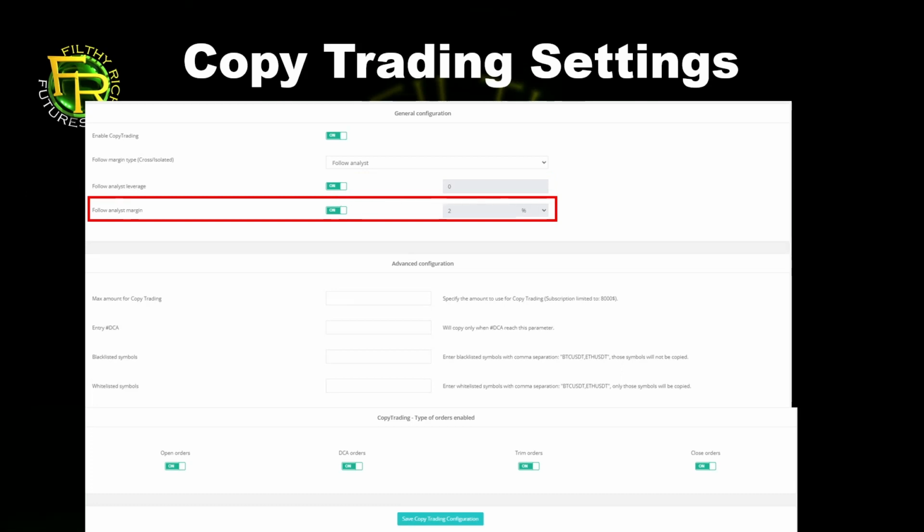Alright? After that is done, you can go to the follow analyst margin. If you want to follow the analyst margin, you can leave it on, but if you want to enter your own margin type, you can enter it right here. It works the same as with leverage. You can select percentage or USDT,